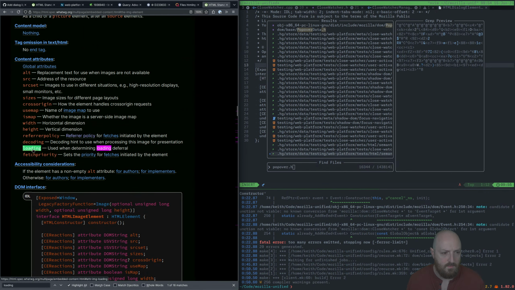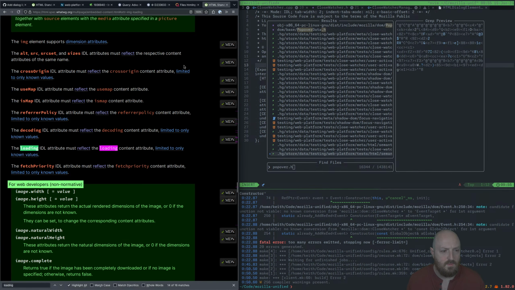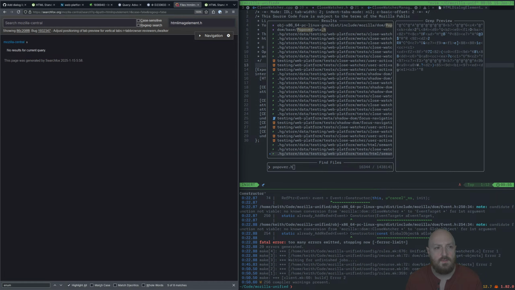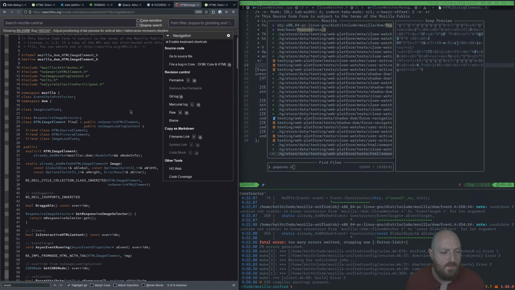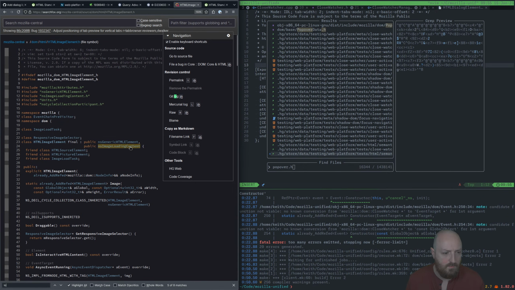Loading. Loading is an enumerated attribute, limited to only known values. Fantastic. Image element. HTML image. Is it the IMG element? Image. So if we look for loading,